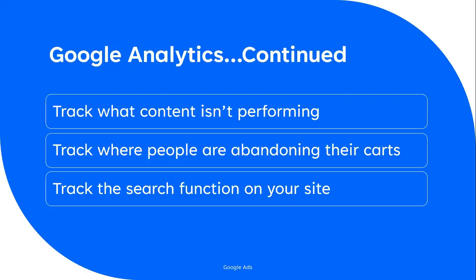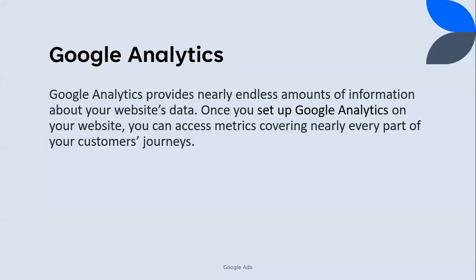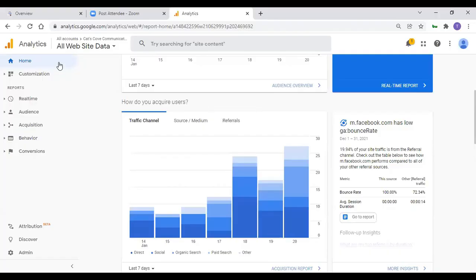Not just tracking what content is performing, we can track what isn't performing. If you're doing e-commerce, we can track where people abandon their carts, okay? So quite simply, Google Analytics is endless amounts of information about your website. And what we're going to do here is we're going to jump in. We're going to get into Google